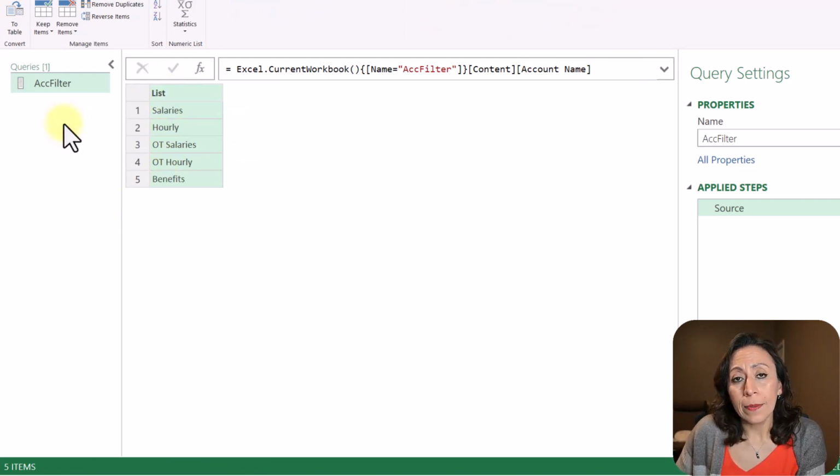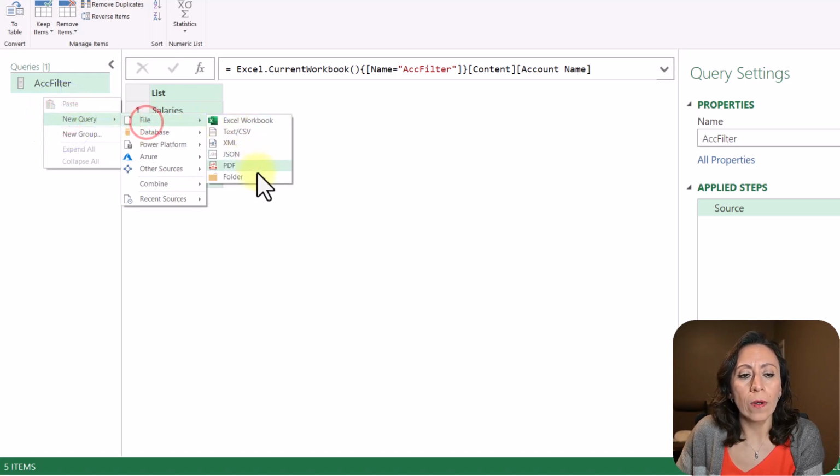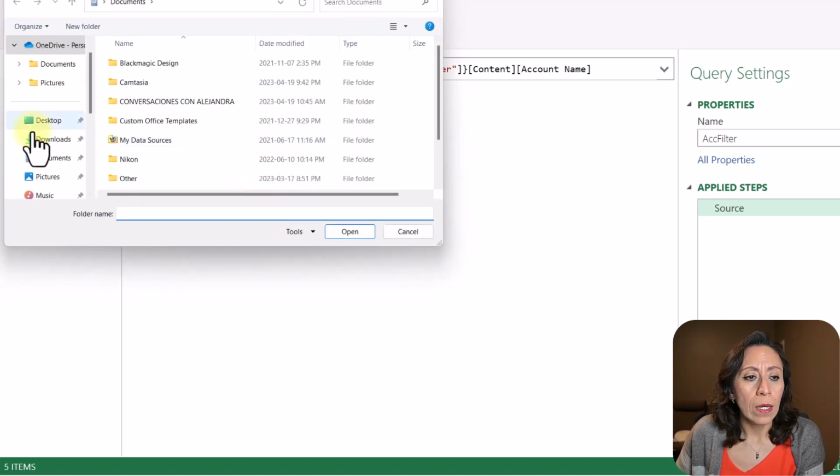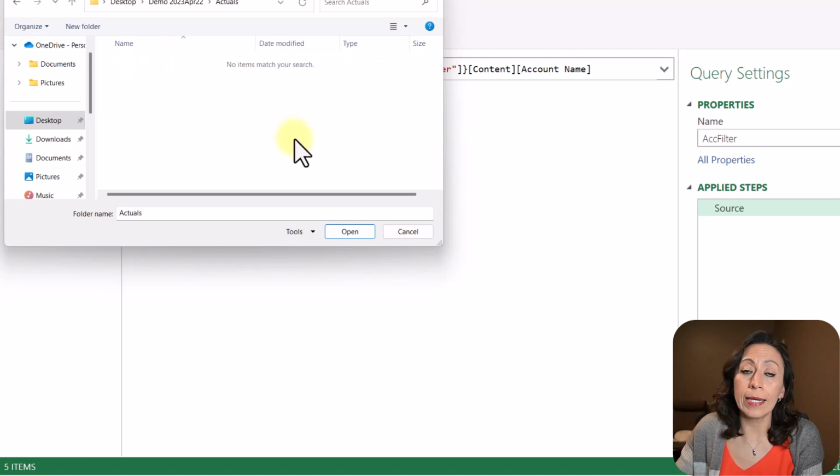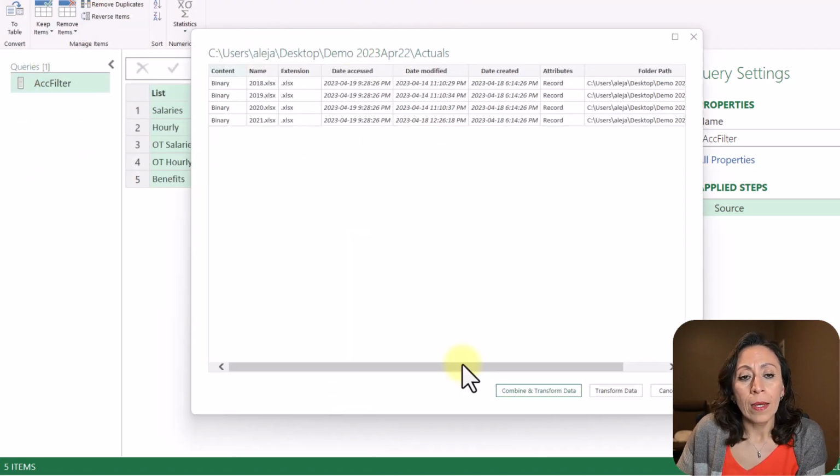The next thing that I'm going to do, I'm going to bring the files, actually the folder with the files. So I'm going to right click, new query, file, folder. And I'm going to go to desktop, demo April 2022, and my folder is called actuals. I'm going to double click there. That is where all my files with the actuals are in. So I'm going to say open.